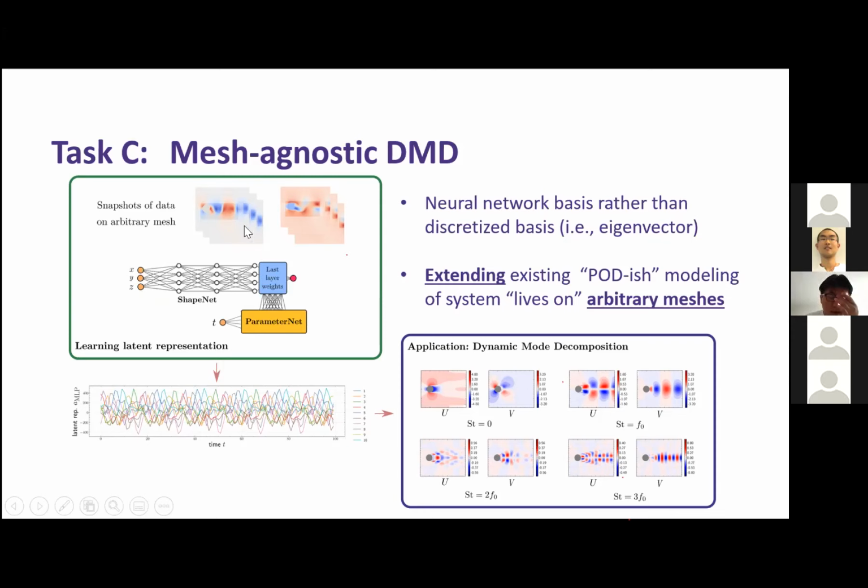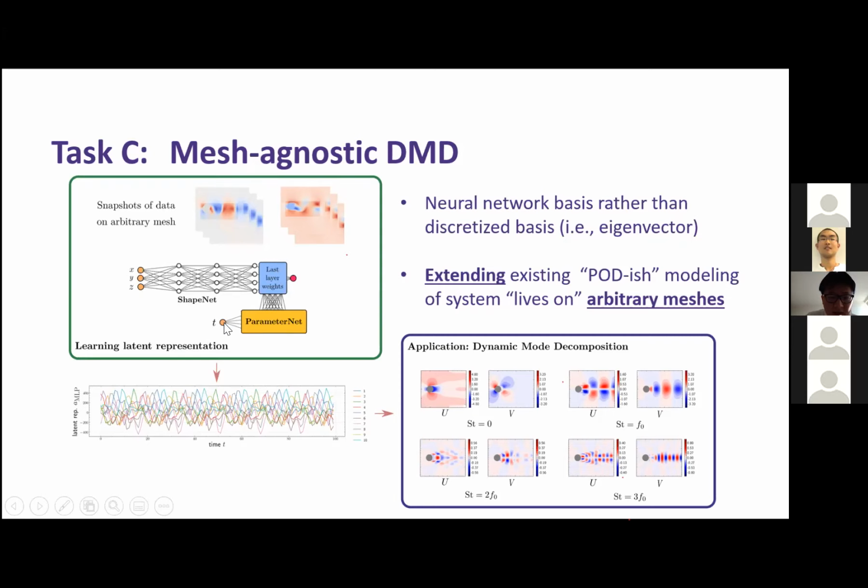And as you can see here, I take a data set from, I think, another adaptive mesh refinement solver called Pele, developed by Livermore National Lab, I believe. And the data set over there is a flow over a cylinder, a very simple data set. However, the mesh is adaptively changing at each time. And what if right now I want to do a DMD task over there? Then you use this framework and train on this data set.